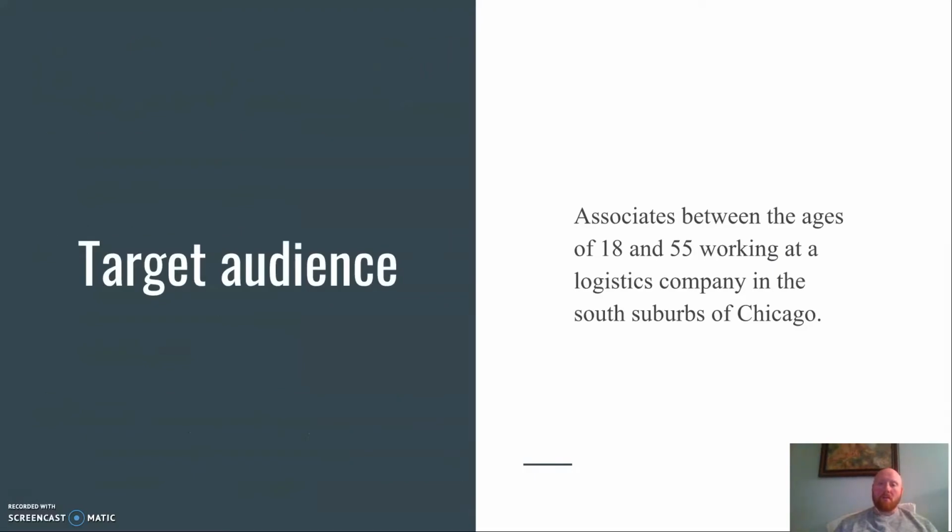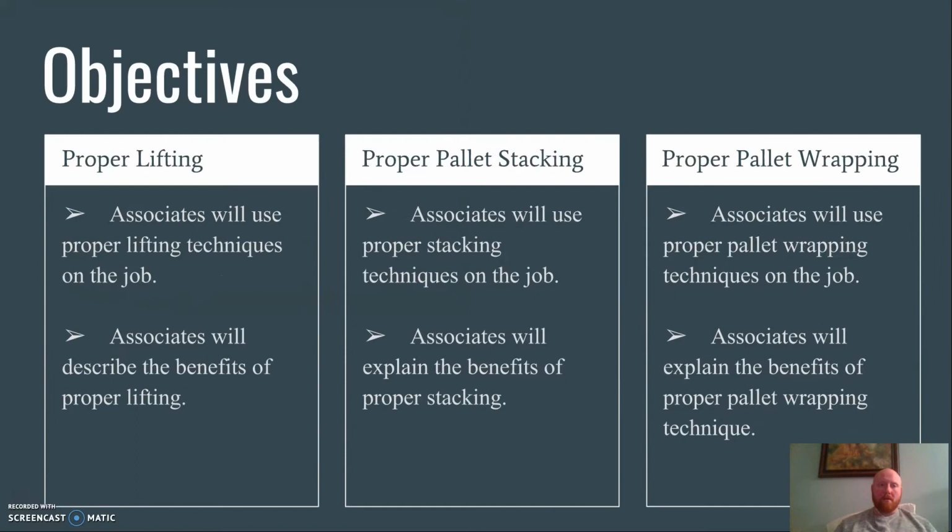The target audience is associates between the ages of 18 and 55 within the logistics company in the south suburbs of Chicago. The three main objectives are going to regard proper lifting, proper pallet stacking, and proper pallet wrapping. And because of the way that the training works, I'm going to break my presentation up into these three modules,